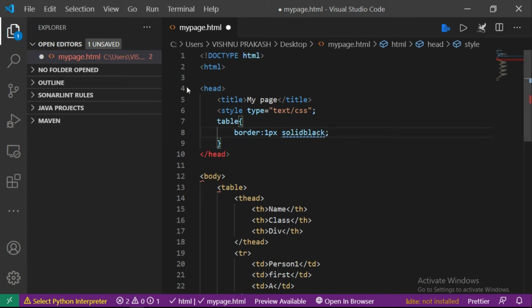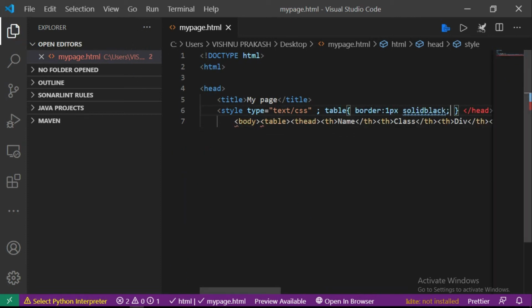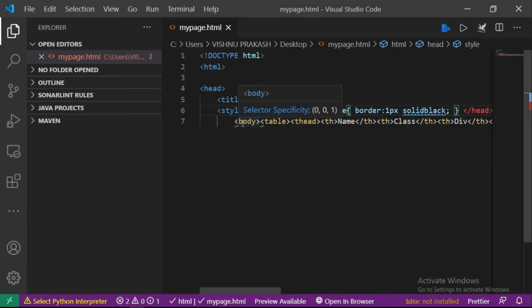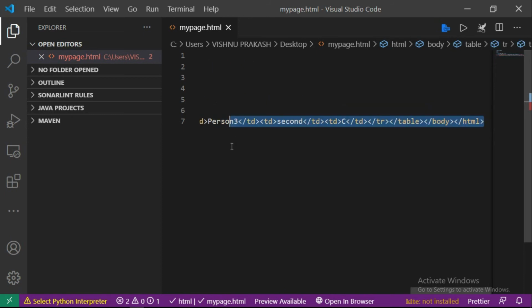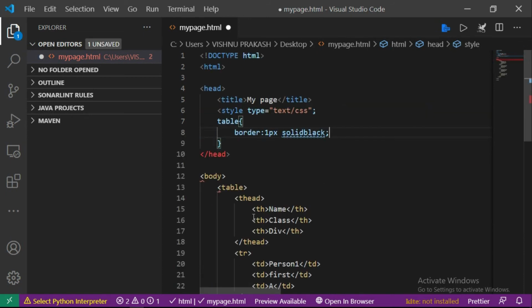We'll see the changes there. Go back. Sorry, a small mistake came there. We didn't close this one, that's why we'll close this style here. Then we'll put this at the last.